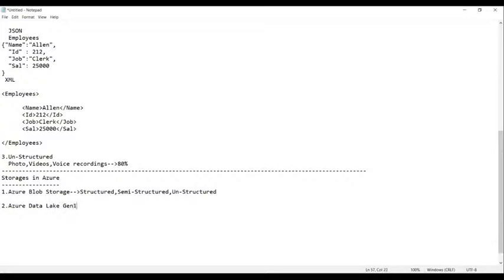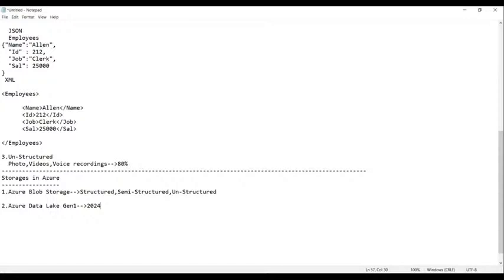In the Gen 1, basically, it is not allowed to create it now because this is going to retire in 2024.